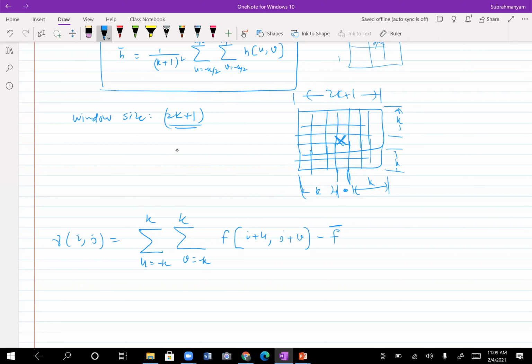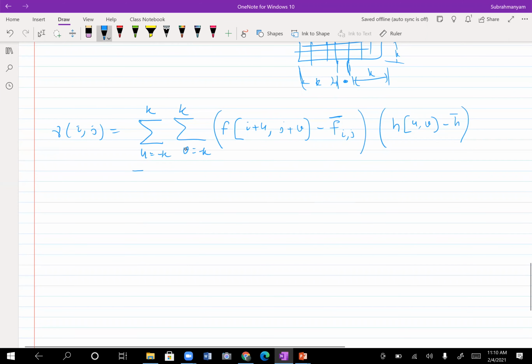This value is dependent on the i, j location, right? This you multiply with h of u comma v, calling the kernel h, minus h bar, the average that you subtract from it, whole divided by,